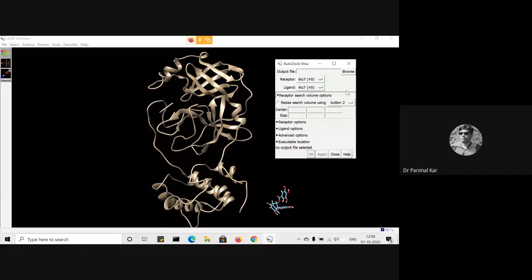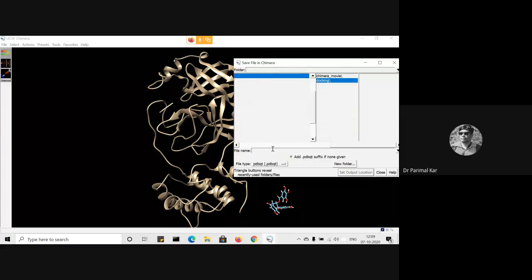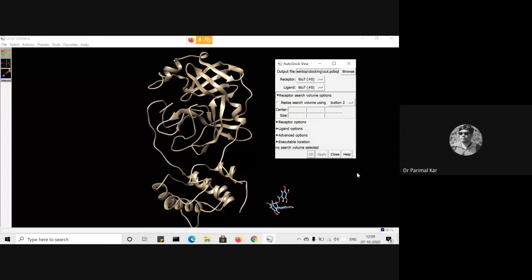Okay, now the output file destination. For this, browse and write something out. This out file extension is for the PDBQT file, because this is the charge state file of the receptor and ligand. So just clear and set the output location. Now, the receptor is 6LU7, and the ligand is CID 65064. Fine. Next,